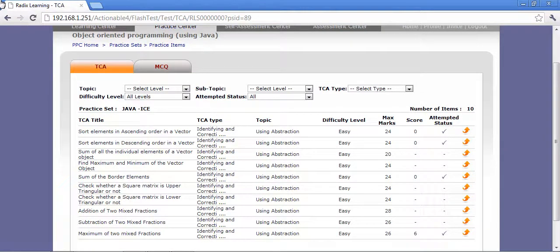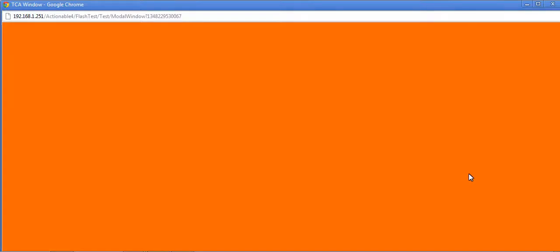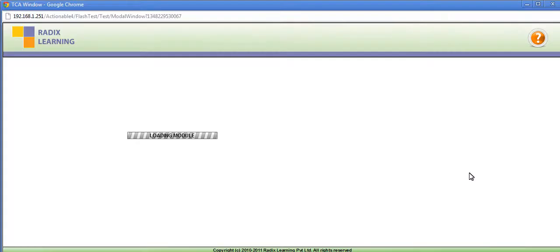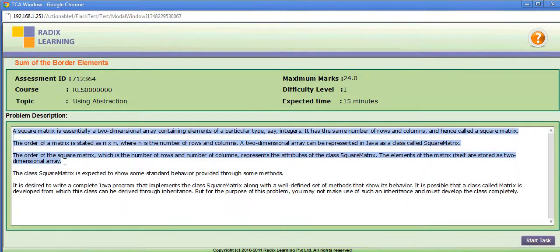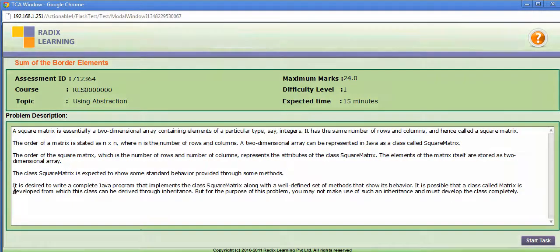I will click on the fifth task and the problem gets loaded. Once the problem gets loaded, we will see the problem description. The problem description describes what a square matrix is, after which it also states it is desired to write a complete Java program that implements the class square matrix along with a well-defined set of methods that show its behavior.